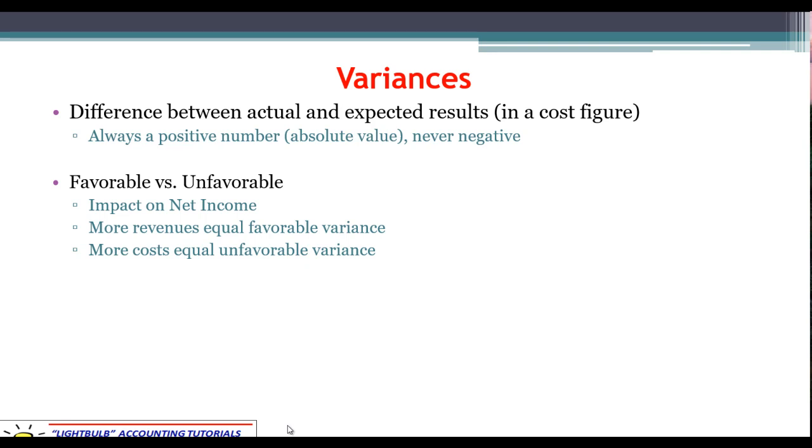Now, I briefly talked about this. I jumped to this concept earlier. We're talking about variances. So we're comparing the difference between the actual and expected results, or actual results and budgeted results related to cost. The important thing to understand when you get into this topic is that we're always going to throw this out as a positive number. In other words, we're never going to show it as a negative number. That's just the definition of absolute value, if you've heard that phrase before. We're saying we're reporting everything as an absolute value. The difference from the budgeted amount. Whether it's good or bad, it's what difference, how far away was it?